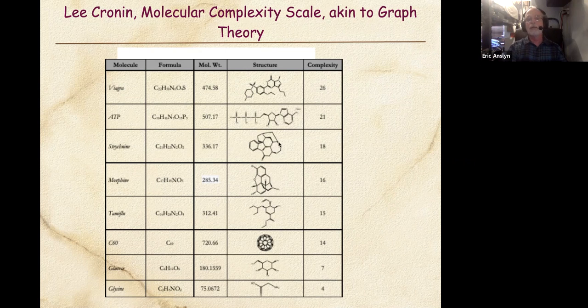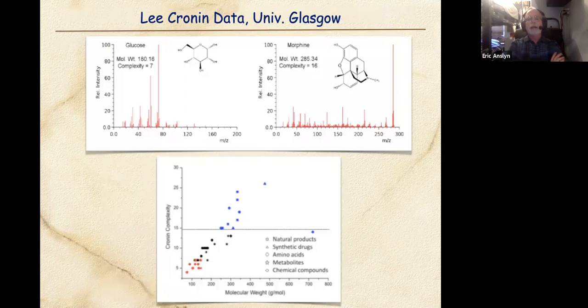Okay, so that's the molecular complexity concept. And he has a mass spec, I'm singing Lee Cronin's tune here. He has a mass spec way to translate the fragmentation patterns of a variety of molecules and take them through some graph theory algorithms to assign what he calls their complexity number, 7, 16. And it seems that somewhere around, fuzzy around 15 or so in his complexity scale,